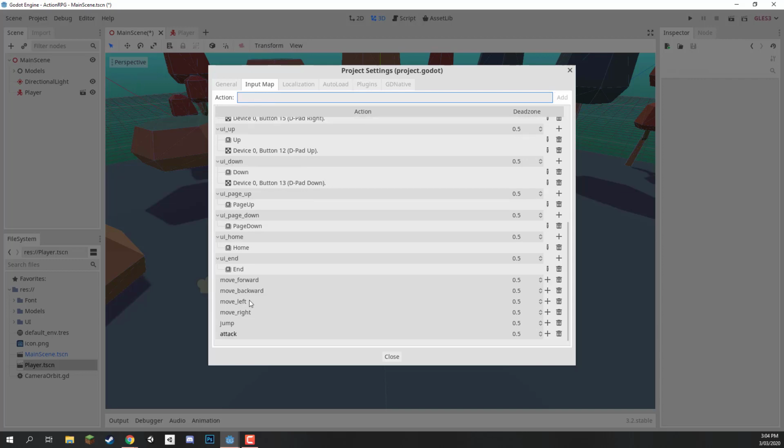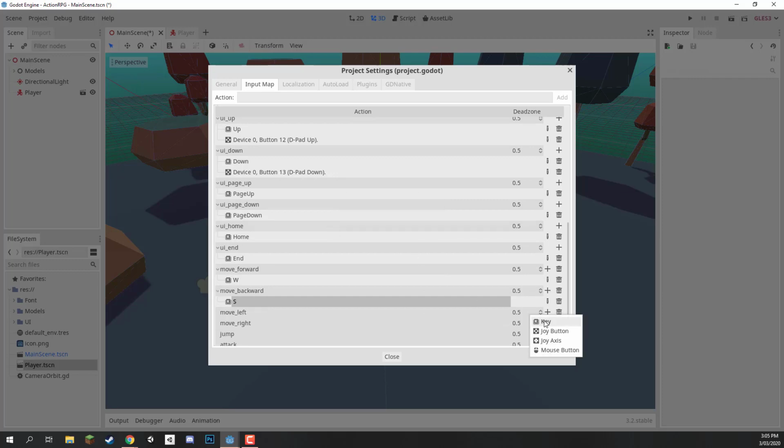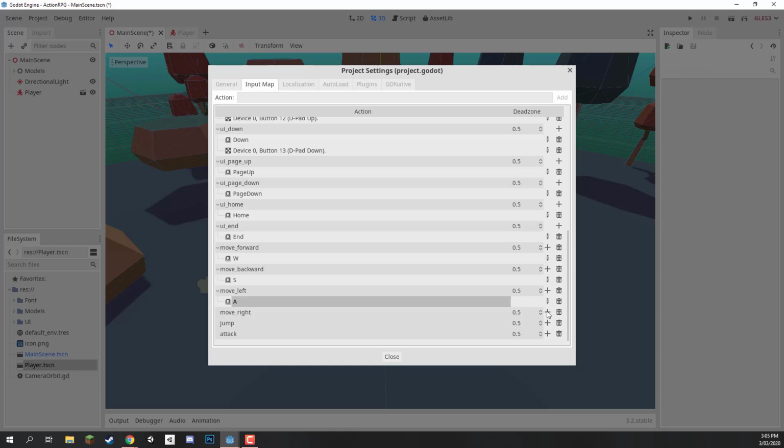Okay, so we got our 6 new actions over here, and what we're going to do is click on the plus icon for move forward here. We'll go key, because this is going to be a keyboard key, and then we can just enter in the key that we want. So I'm just going to press W, there we go, hit OK, and move forward is now assigned to W. We can do move backward here to S, move left can be A, move right can be D,